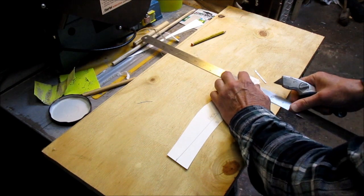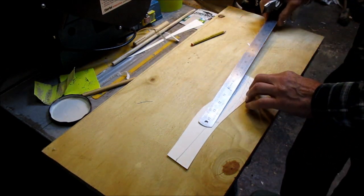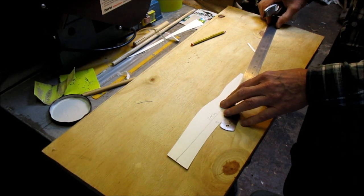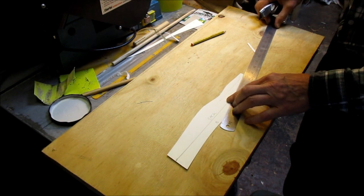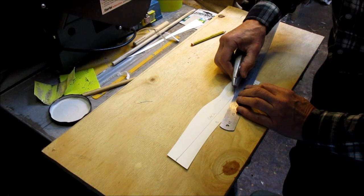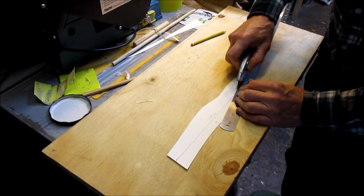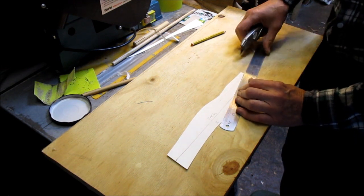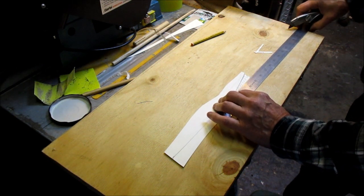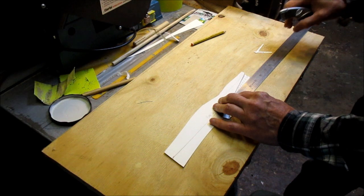Now again, the difference in theory and practice, this Stanley knife, craft knife, whatever you want to call it, the width of the cut is virtually 0. Of course, a bandsaw blade has finite thickness, so what you find at the bottom of the cut, bottom of the V when cut with a bandsaw, is the width of the bandsaw blade. It's not a perfectly pointed V, so often you get a little hole there, a little gap,